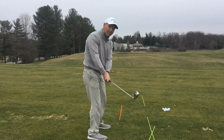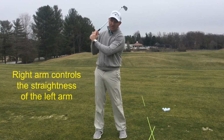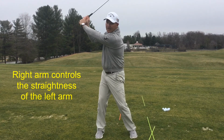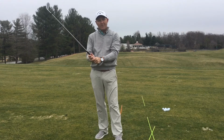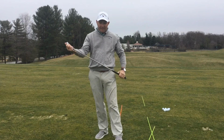So if you got a problem with your arms breaking down, right? We talk about the left arm, we want to try to make it straight. The left arm doesn't do that itself. The right hand and the right arm does that. So that pressure on that left thumb is going to be really important for you to maintain that. Okay? So again, hands,